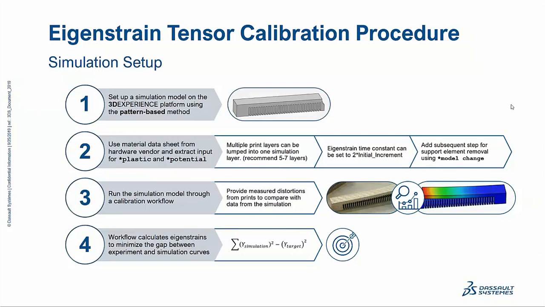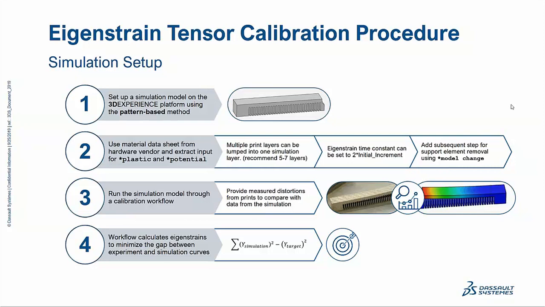So at this point we build or replicate the same procedure in the simulation, apply the eigenstrain method to the beam, although we don't know the eigenstrain tensor yet. But we set up the simulation at this point, we use the full material properties, thermomechanical properties, or elastic and plastic in this case in our Abaqus simulation, and run the simulation through a calibration workflow. So we know what the final distortion of the beam should be, but we don't know the eigenstrain tensor at this point yet. So what we do is we run the simulation, compare the simulation result with the target or the measured result as depicted here in number 4,